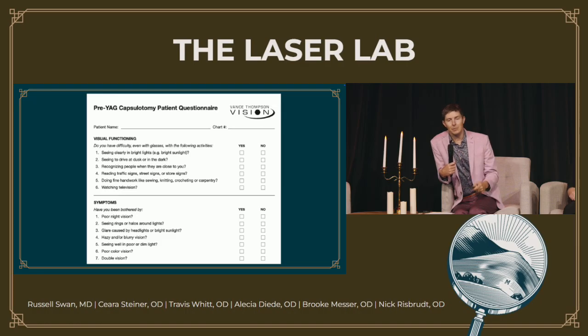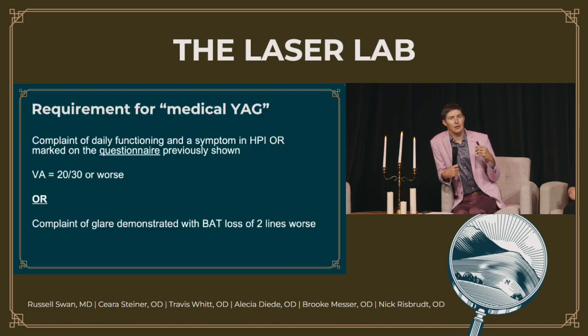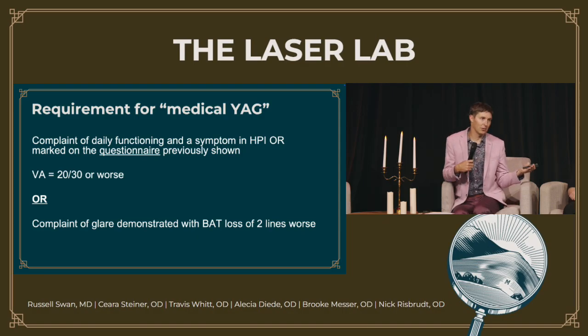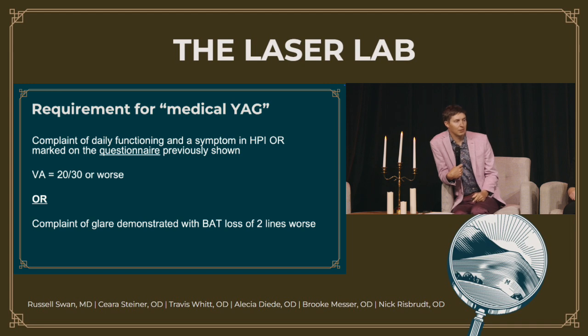And the reason that becomes important is if we're doing what we would term a medical YAG, meaning a YAG that meets criteria by insurance to be covered by insurance, the patient not only has to have PCO that we visually see, but they need to have a complaint or a symptom of it. The insurance is not going to allow us to do a YAG if the patient's not bothered with regards to their vision. So documenting that either in an HPI section and or in a scanned-in questionnaire is an easy way